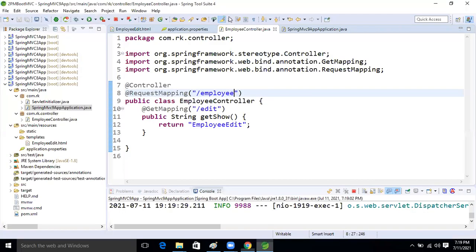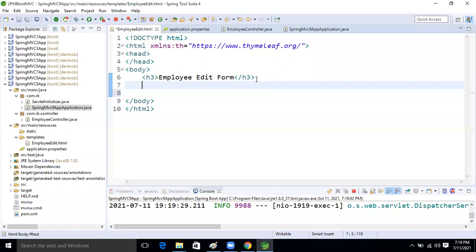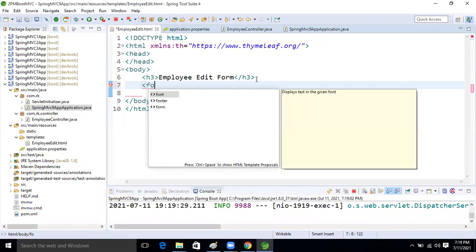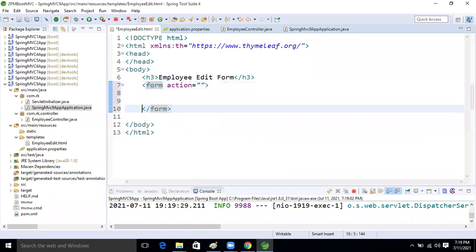So what I'm going to do now, guys. Okay, so normally I'm going to take some forms, right? Here I'm going to take some forms. So what I'm going to do, form tag. I'm taking here the form tag, to make the bidirectional binding. Okay, so here what we will do now. So employee only is there, right? So what I'm taking now, employee ID I'm taking. Employee ID, we will take anything else, guys. Okay. Oh yeah, employee ID only.